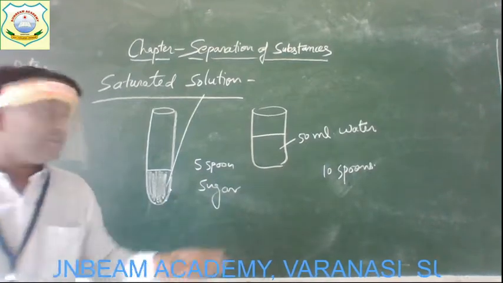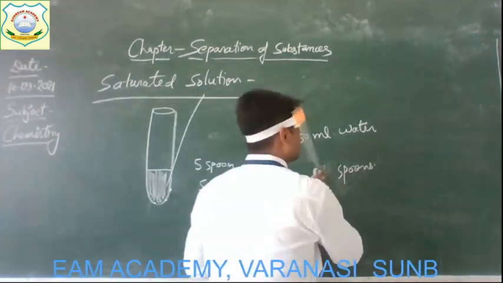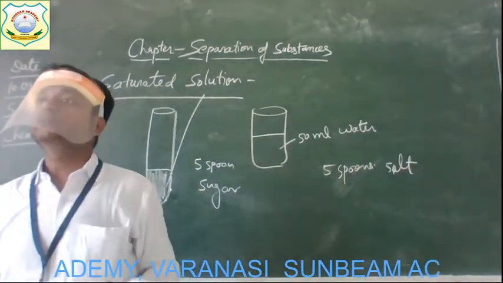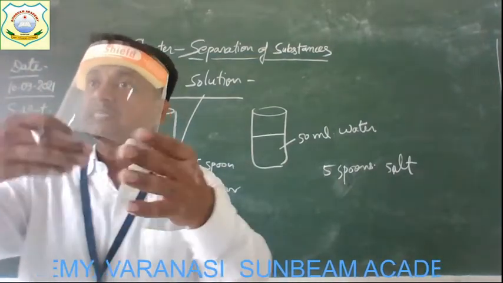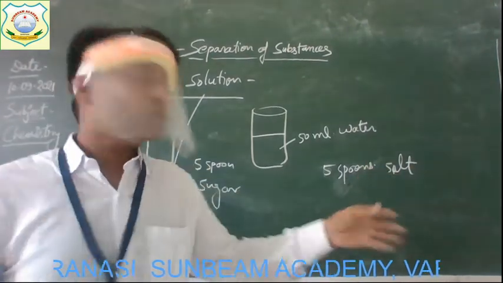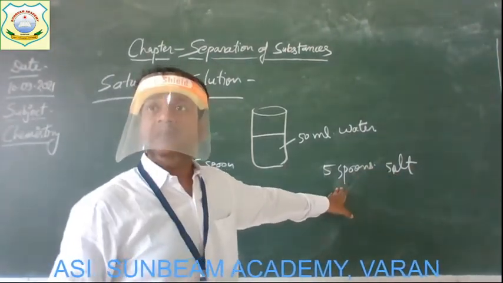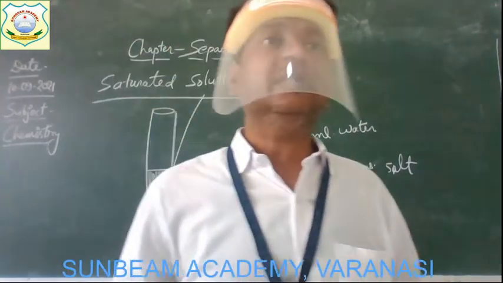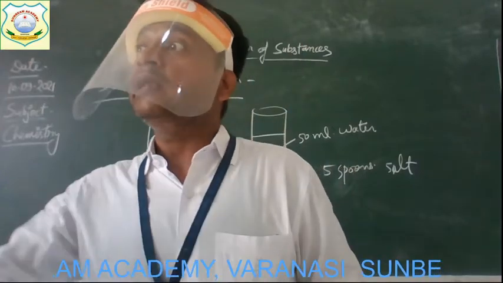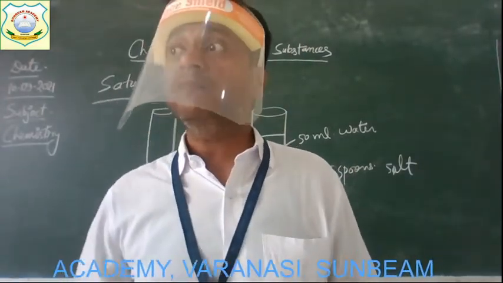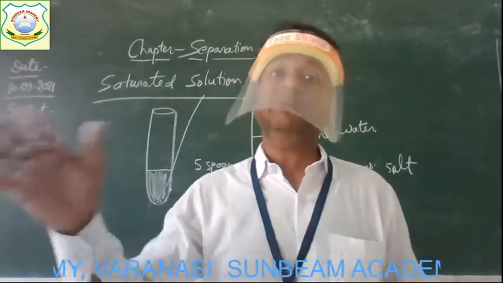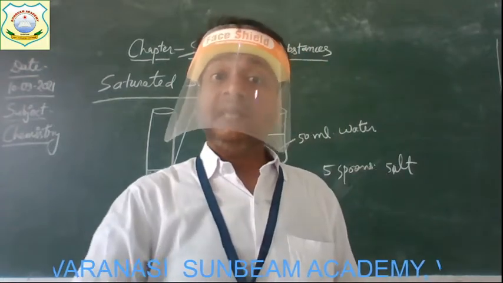So it is not necessary that after adding 5 spoons of salt, you will get the saturated solution of salt. It is not necessary because the substances are different. Sugar is different and salt is different. So it might need more than 5 spoons or less than 5 spoons to prepare the saturated solution, because it depends on the nature of the substance, the properties of the substance. Get it? So you will observe the different quantities of different substances can dissolve in a fixed quantity of